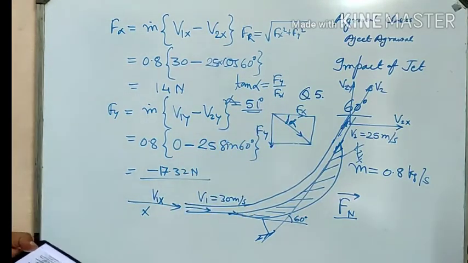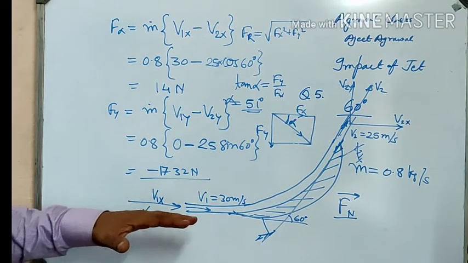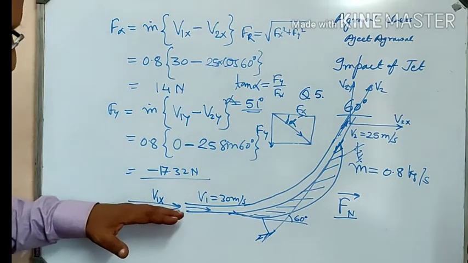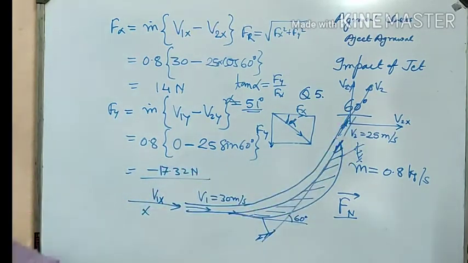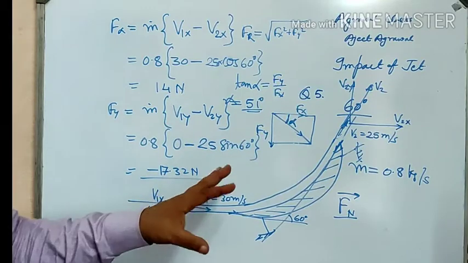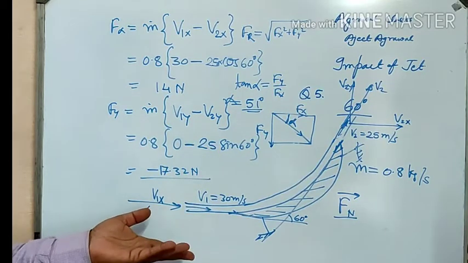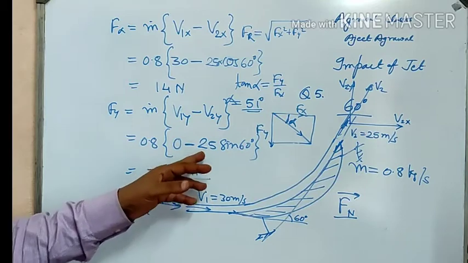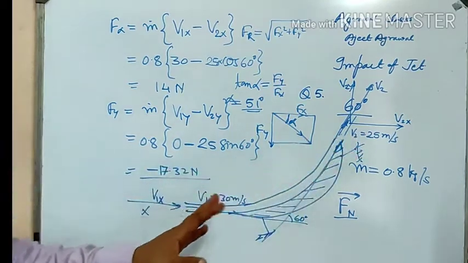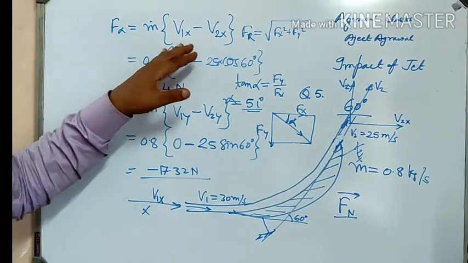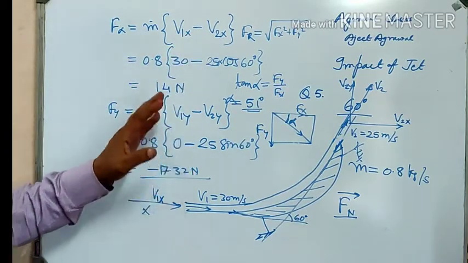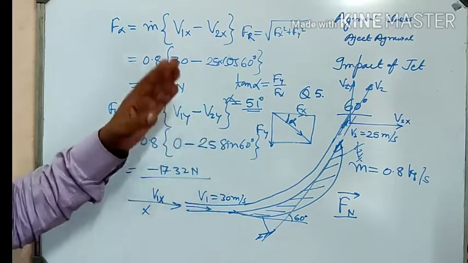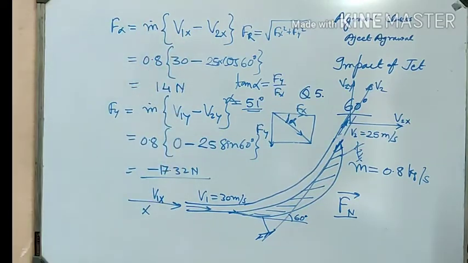So this way we can find the force exerted by a jet entering tangentially to the plate and leaving tangentially to the plate. And in this particular case the angle is given as only 60 degrees. That is not a problem, but the initial velocity and the final velocity are different, so we simply wrote down the original way and then started solving. If the same velocity had been given, then we could have used the formula directly.